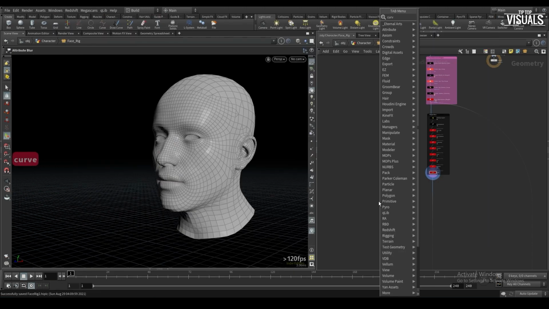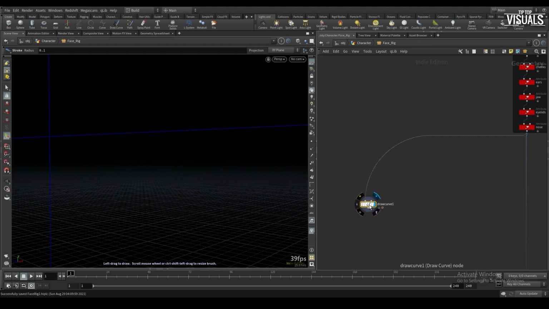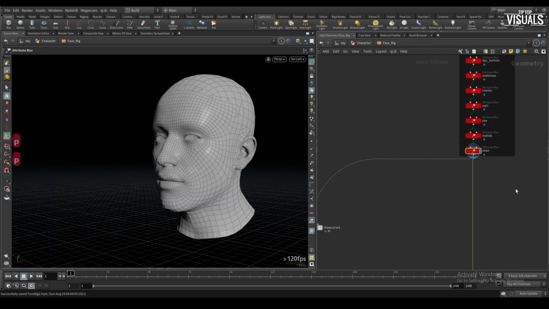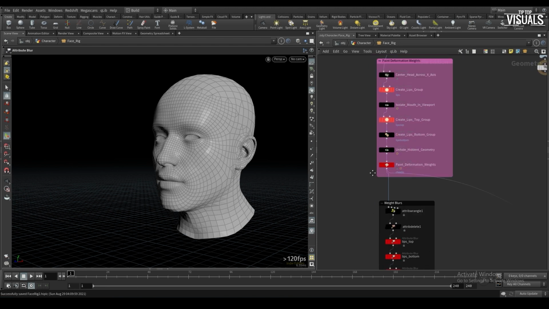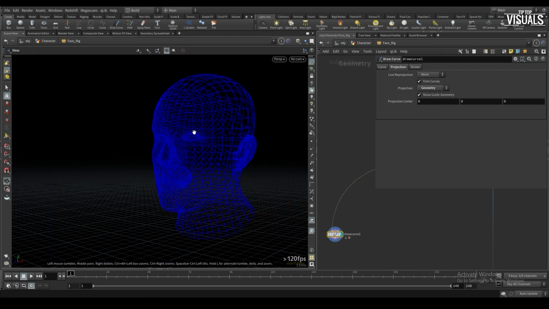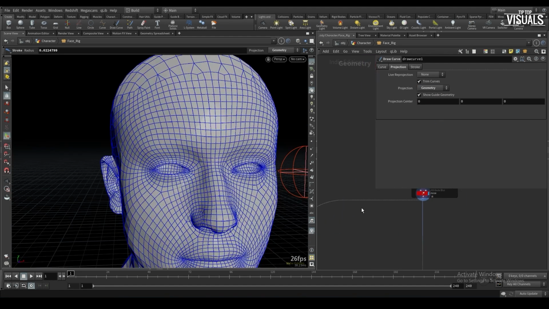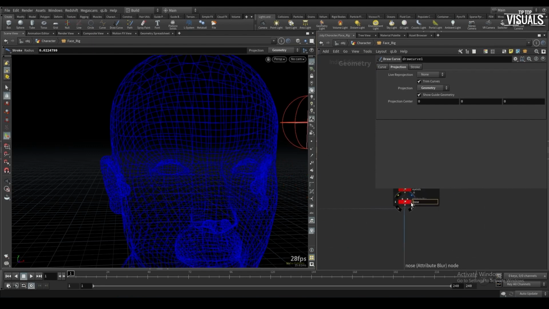We're going to use a wire deformer for this, actually. So we'll do a draw curve, and I'm going to throw this down and connect it to our rest pose. This is coming out of the blur that we ran over the deformation weights that we created. And then if we plug this guy in and we change the projection mode to geometry, I'm actually going to just go ahead and visualize the actual geometry and turn the shader on